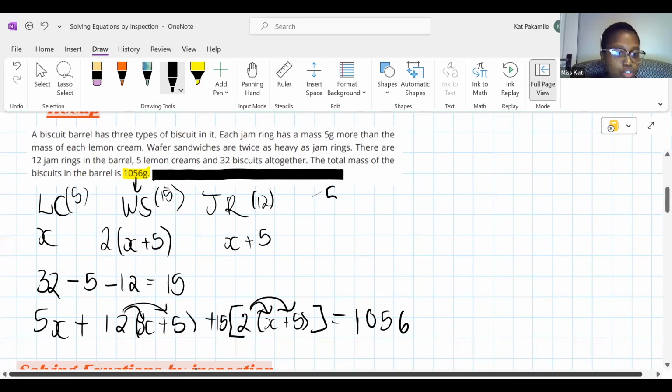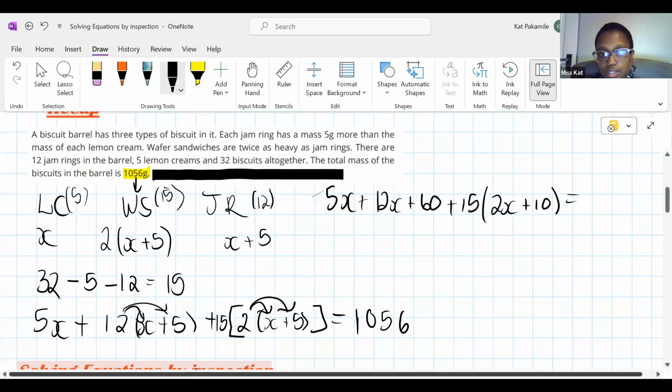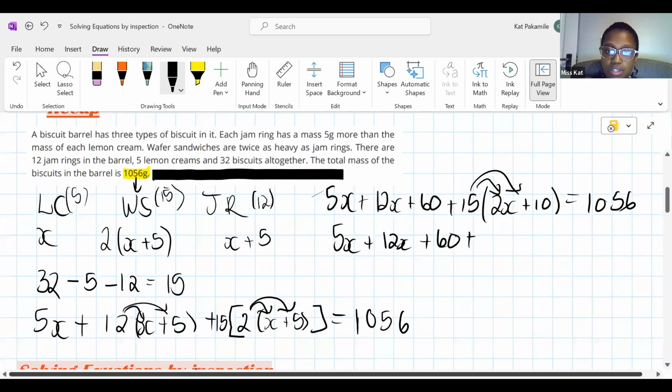If you distribute the 12, it's going to be plus 12x plus 60, plus 15 times inside the bracket, 2x plus 10, equals 1056. Then we distribute the 15 again. So 5x plus 12x plus 60 plus 30x plus 150 equals